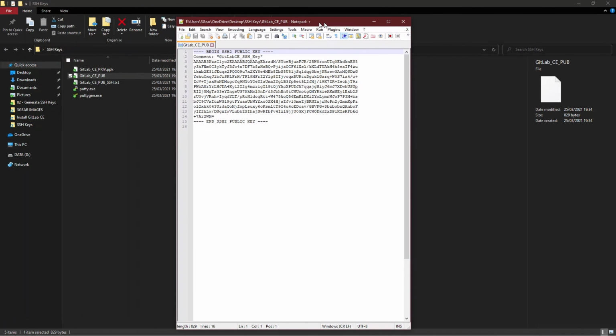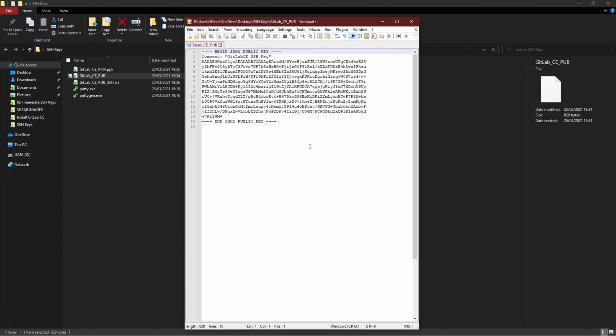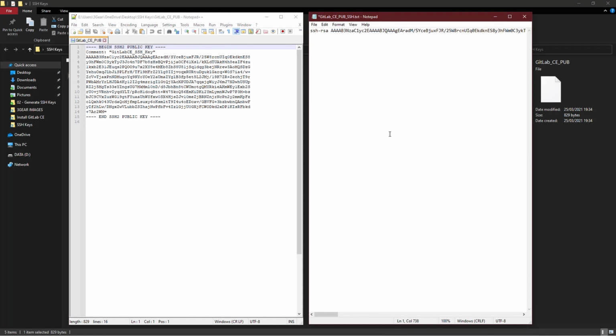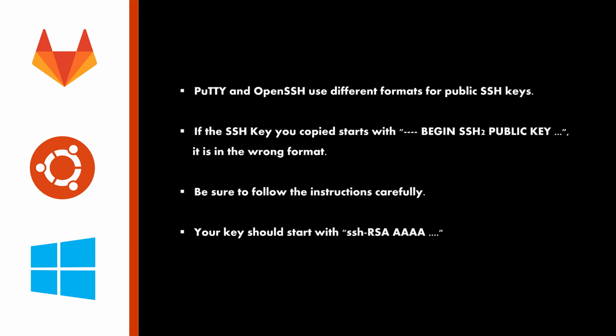This key will not work for what we need. Okay. So our key needs to be ssh-rsa. It begins with that. Okay. This is the key that we need. So copy, paste it, save it, and we will use it later.